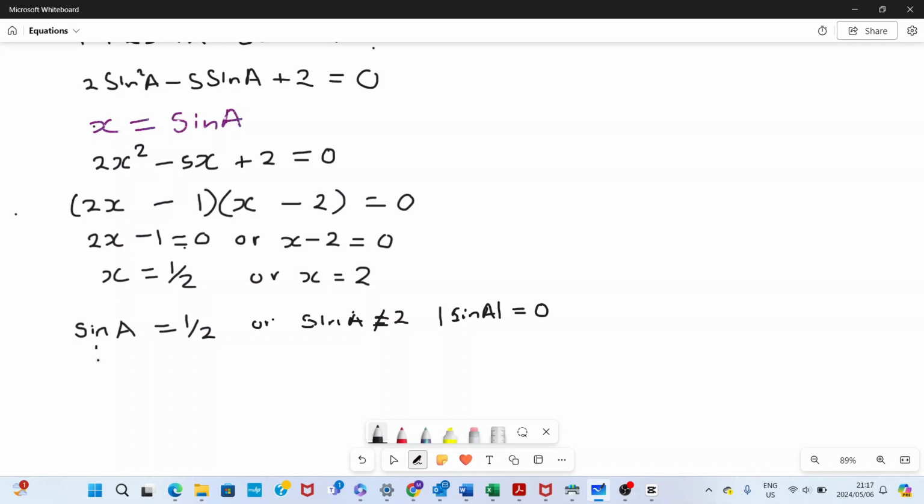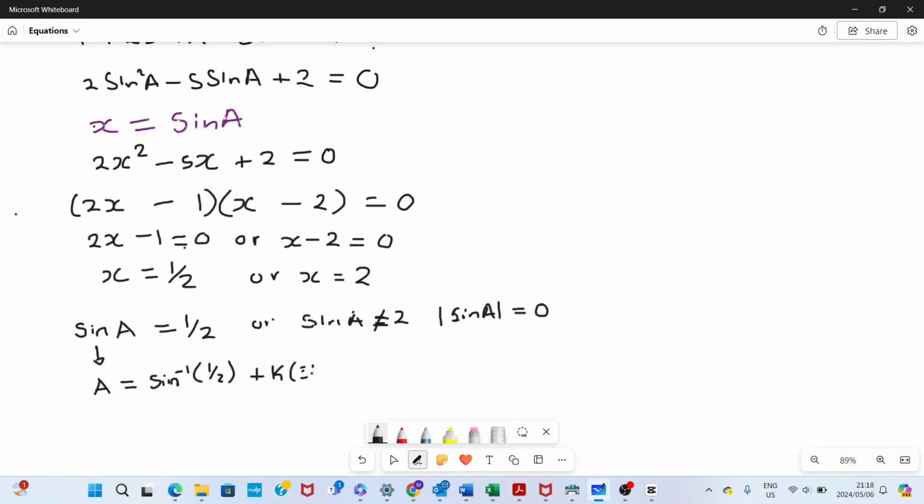At this point, you can just continue with this side of your solution to say that now A will be equal to the arc sine, or the inverse function of sine, the arc sine of half, plus, remember this is a general solution, plus K, I'll explain this in a moment, plus K